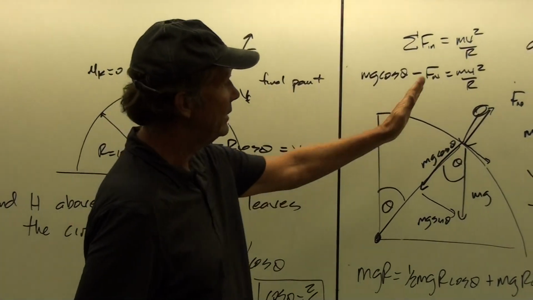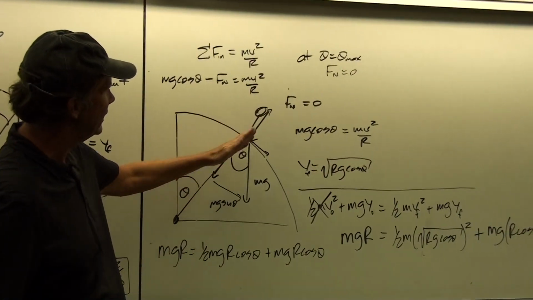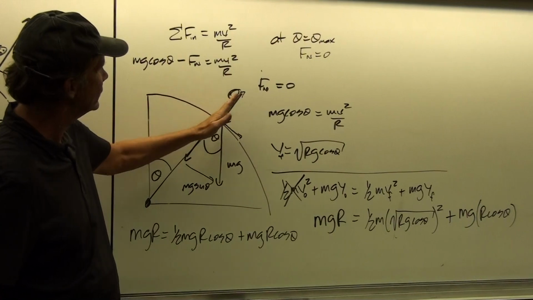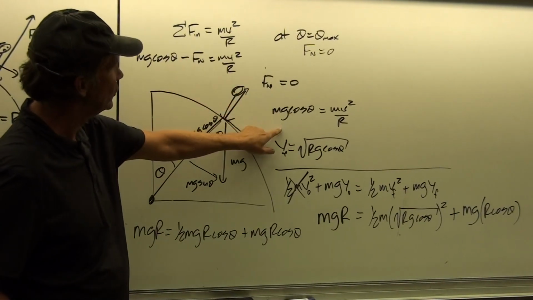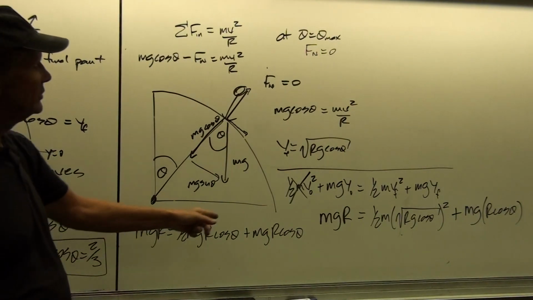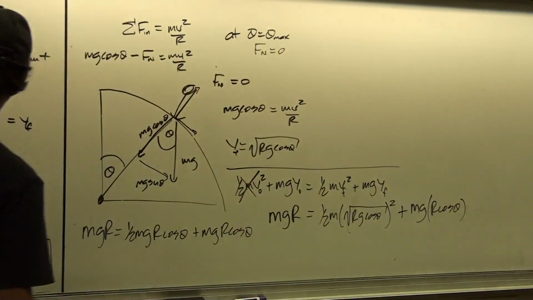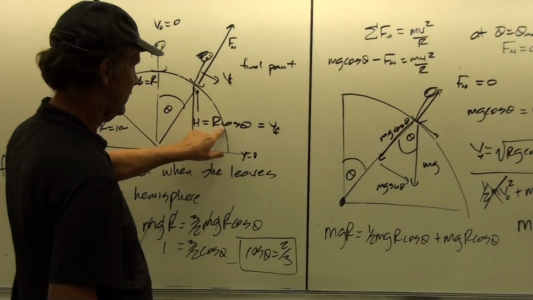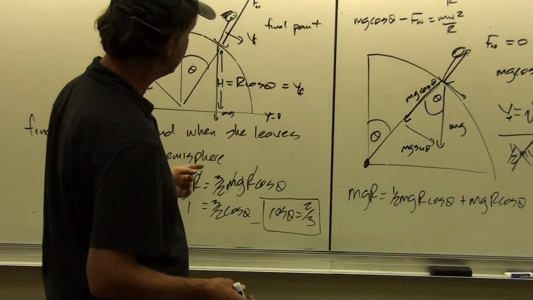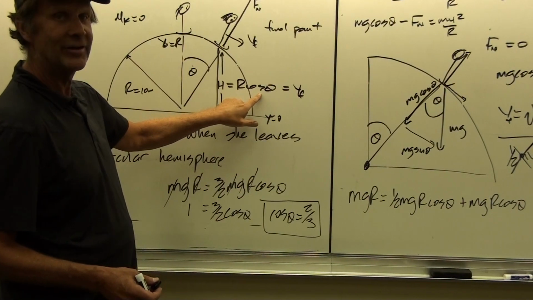Remember that in the centripetal force equation, we needed the component of the weight that acted toward the center, subtracted off the normal force, but then at the critical point, the normal force was 0. So that gave us V final. And then we just used the energy expression where we wrote y final here as h, which is r cosine theta. So we're left then with a condition on theta. Can we use that to get the height? Well, yeah, because we know what r is, and we know what cosine theta is.